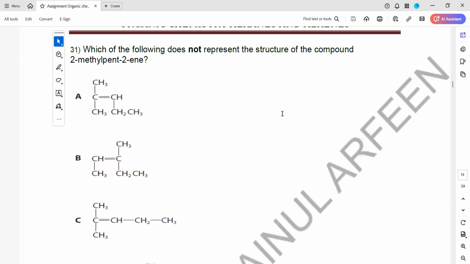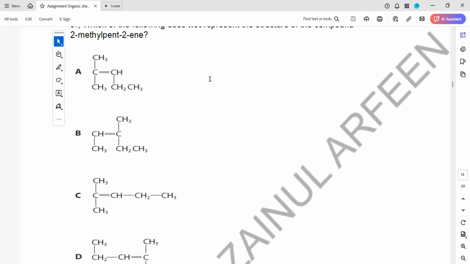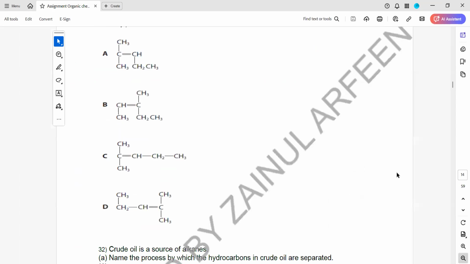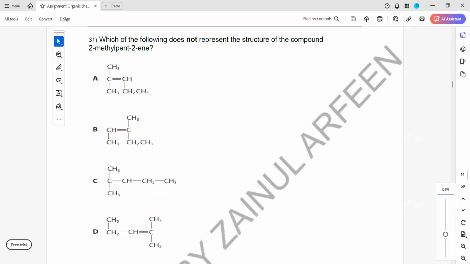Which of the following does not represent the structure of the compound 2-methyl pentene? So first, we can name each of them. The rule is that first you always try to select the longest carbon chain. That is the first thing. And the numbering should always start from the nearest functional group or a branch. So if you check the first structure,